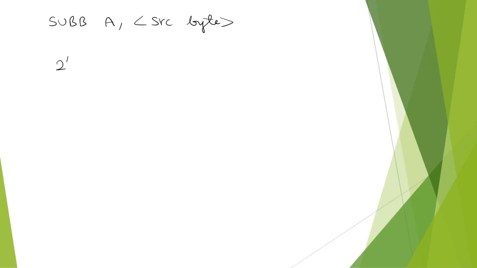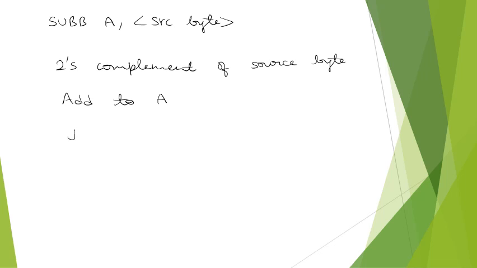First, take the 2's complement of the source byte, then add it to the accumulator, that is register A, and then invert the carry flag. So the operation done is A equal to A minus the source byte variable